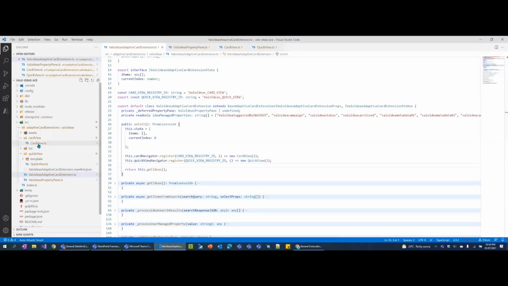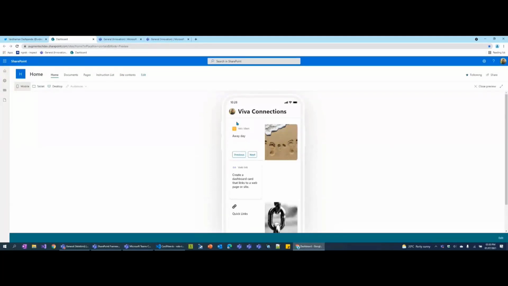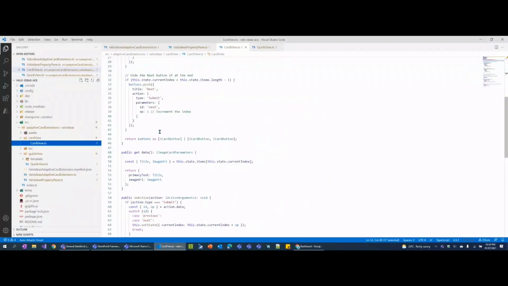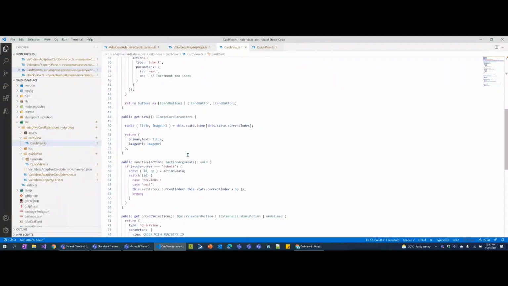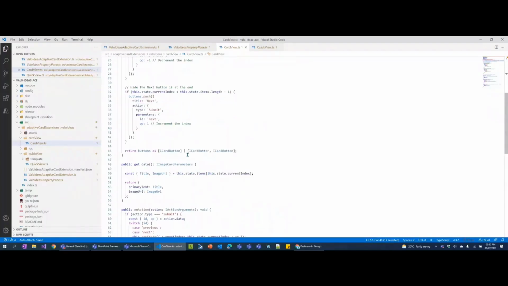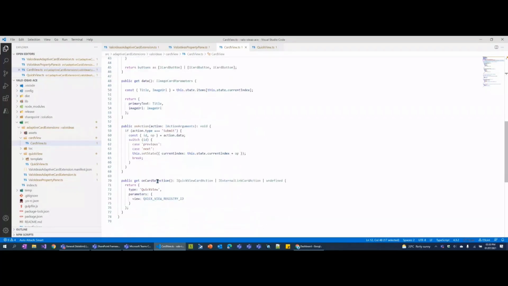Let's jump to the card view here. And the card view is basically this view which we see. And as I said, again, it's not super flexible. There's predefined templates to the card view, which we can possibly see here. So this is currently the base image card view, which we are inheriting, and the data which was sent to this card view gets rendered. You have the next and the previous buttons and so on. And you have a method here called on card selection, which you can use to trigger your quick view.